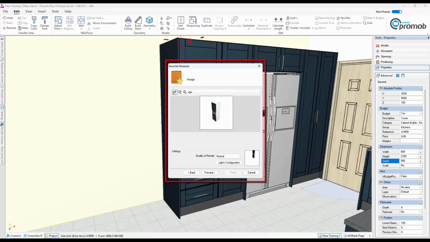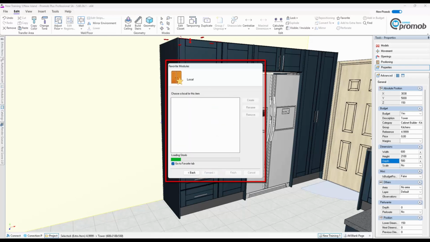You move the same way as you do in your 3D design with your mouse. So the scroller push down will allow you to move it, pan it, and again with your right button you can tilt, change it to the direction that you want, and then you can use your scroller to zoom in and out. So let's just turn it a little bit more like that so I can see that it's like a thumbnail. I'm going to then go forward, and inside here you can create as many new folders. So if I click on here, I can create a folder and put it in, and that's where it's going to build